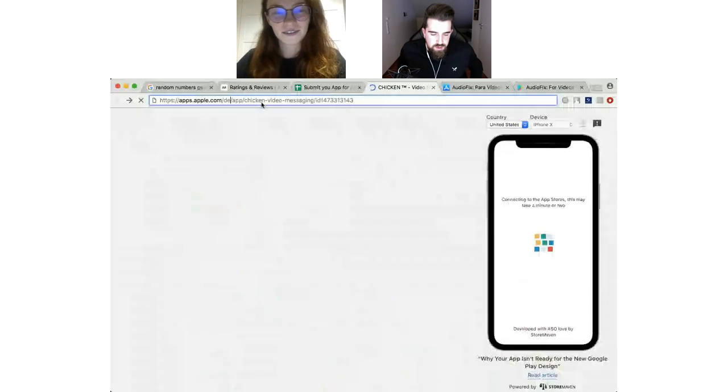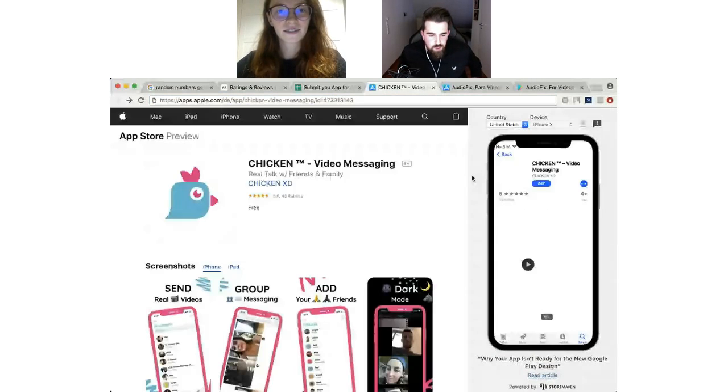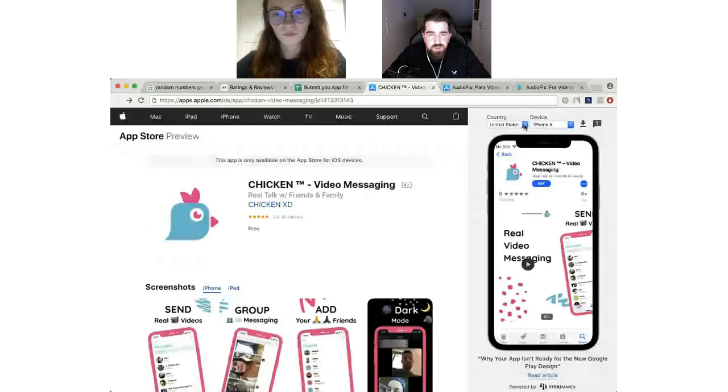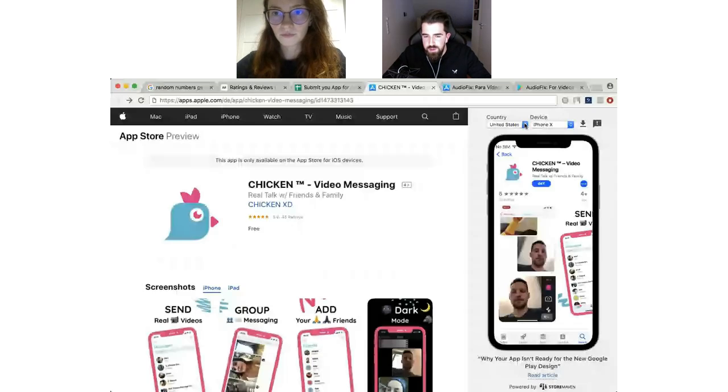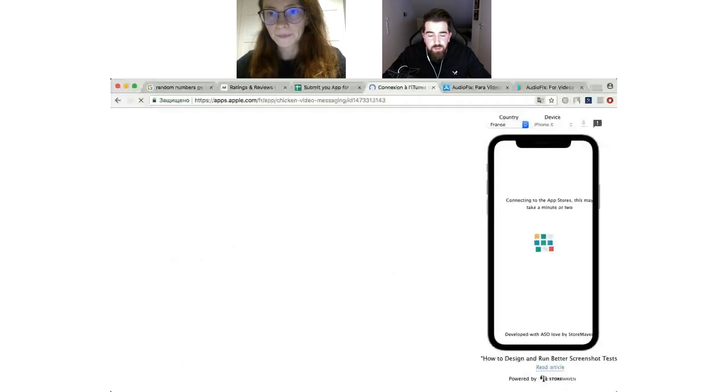One thing comes to mind. I have the page open right now. You're only using 4 screenshots. You have a little bit more room, at least 6 more slots. Maybe you could use them. And also, okay, not everybody is scrolling through 10 screenshots. I know that. But if you're maybe advertising on Apple Search Ads, which might be a good idea for this video messaging service, because there are a lot of similar apps, competitors you can jump on and steal traffic from them.